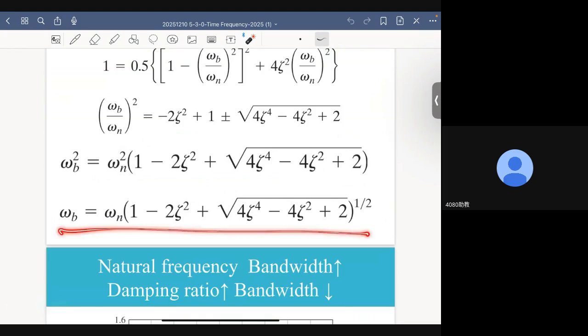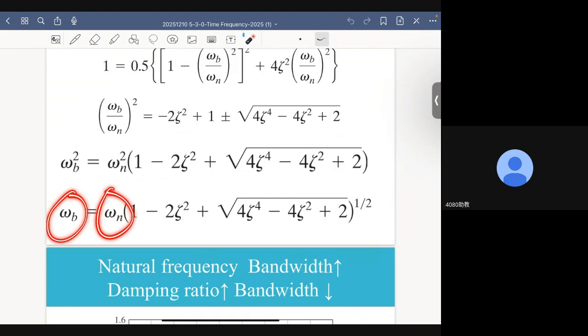Okay, what do we learn from this final result? The number one thing that we learn from this equality is that bandwidth is actually proportional to the natural frequency of the second order system. Let me put it in another way. For a standard second order system, its bandwidth is proportional to its natural frequency. This is one of the reasons why we have said again and again